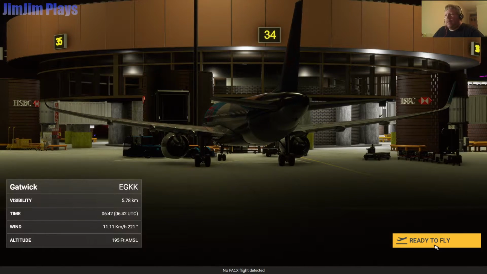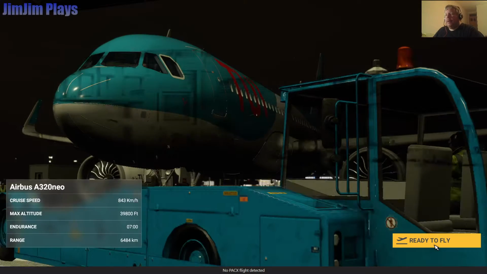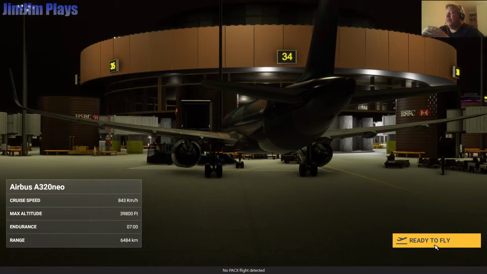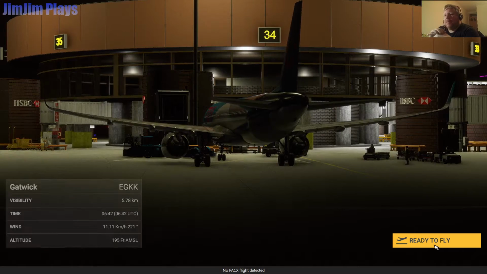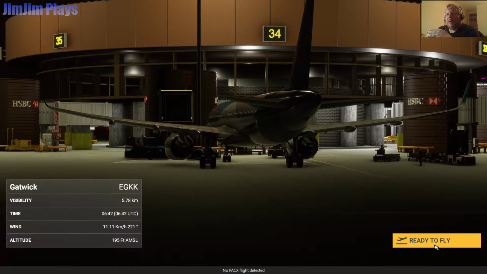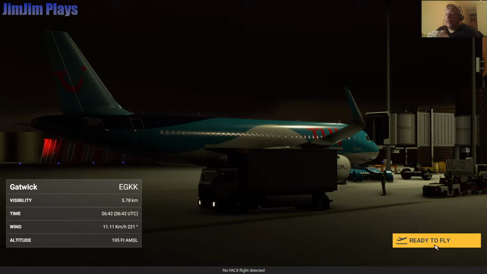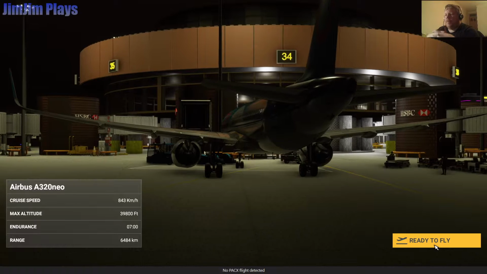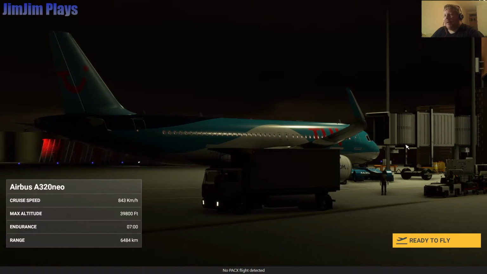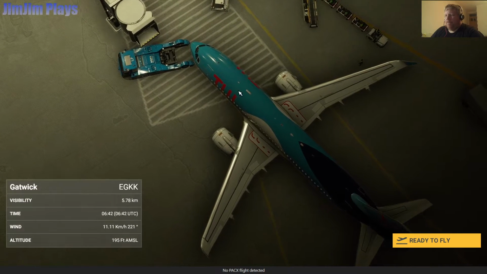Here we are at Gatwick. There's our plane. Look how sort of dark it all is. This is the new sort of free Gatwick scenery that I've downloaded. I'll put a link to it. This is pretty good. Makes Gatwick a bit more realistic to how it actually is in the standard flight sim. Right, so the gate numbers are a bit different to how flight sim says they are, but anyhow,